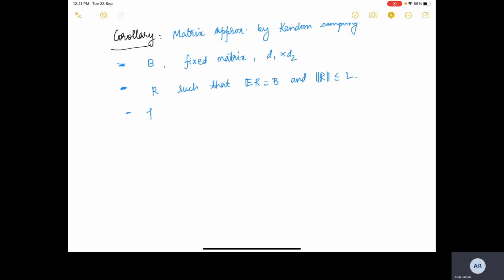For the Bernstein inequality, we have the zero mean assumption, because we will consider B minus expected value of R. We have the spectral norm bounded. Next, we need the variance statistic. So what we do here is the per sample second moment. Second moment of R, because R is our approximation. Per sample second moment of R is max.